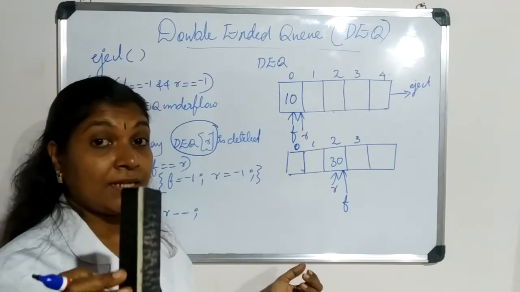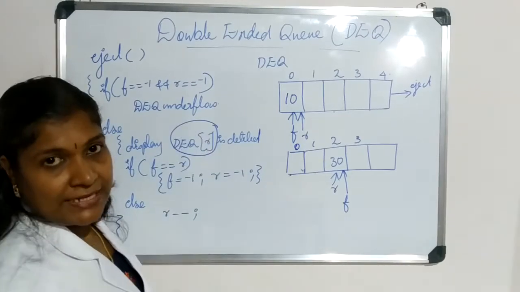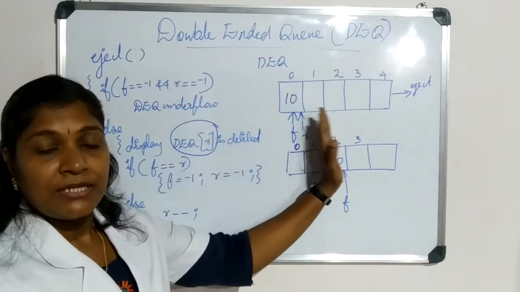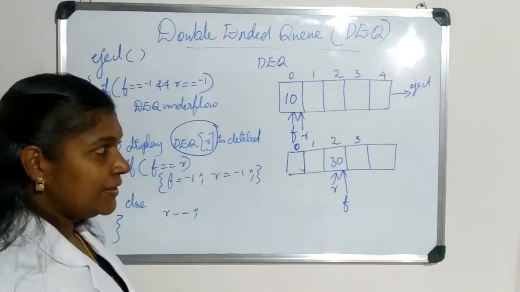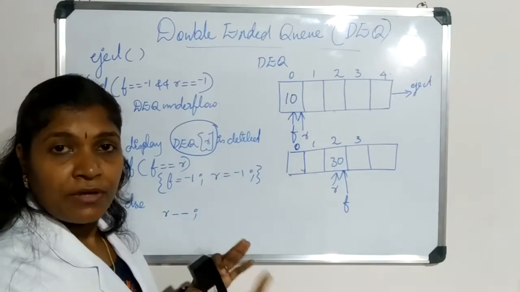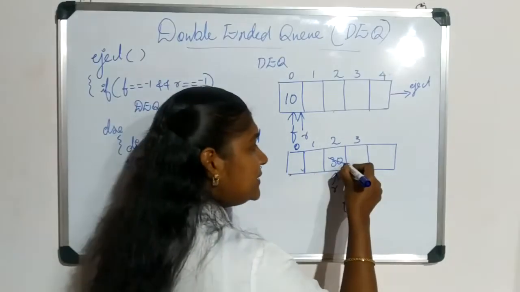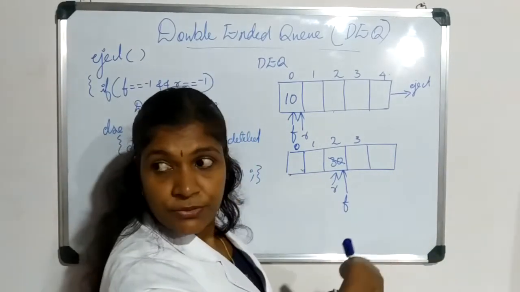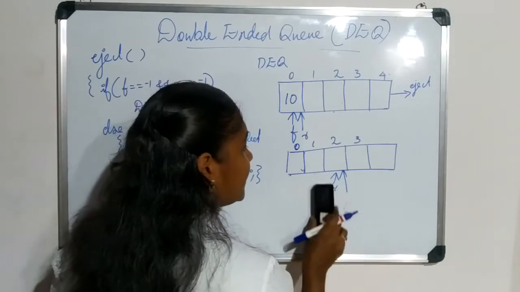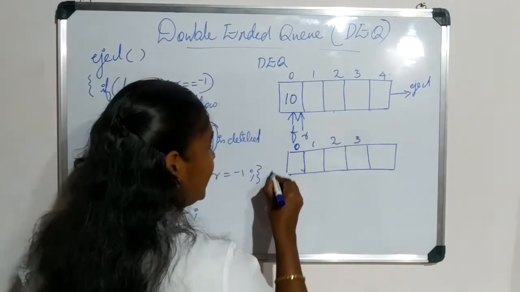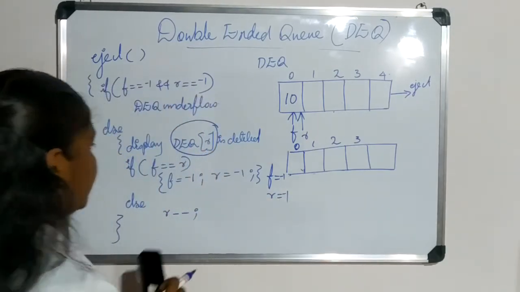So we need to implement that concept. We should display the message "deck of R is deleted", because we are performing that ejection through the rear end. Only then are we checking and updating the position of rear. If f is equal to r, that is a single element, after deleting this element, what is the condition of this queue? f and r would be equal to -1. So we should reset the value of f is equal to -1 and r is equal to -1.